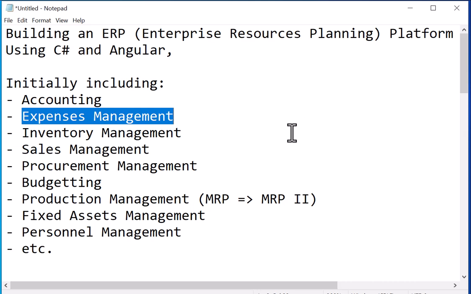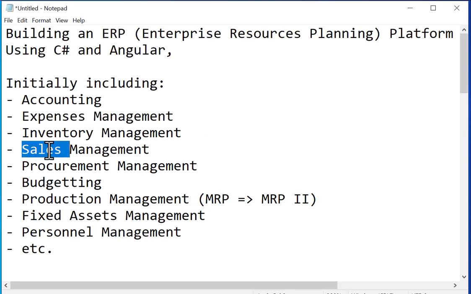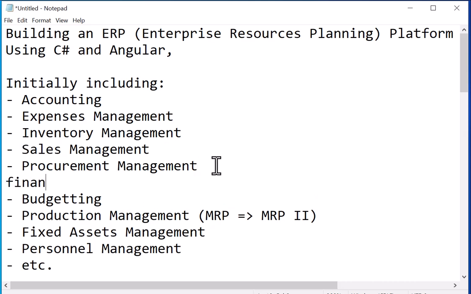The next step should be receiving some money, which I forgot to write here: possibly finance management,